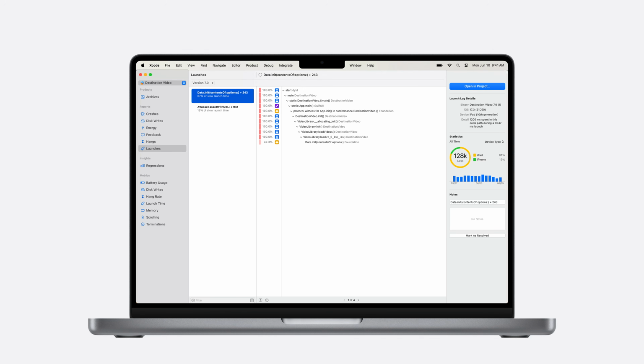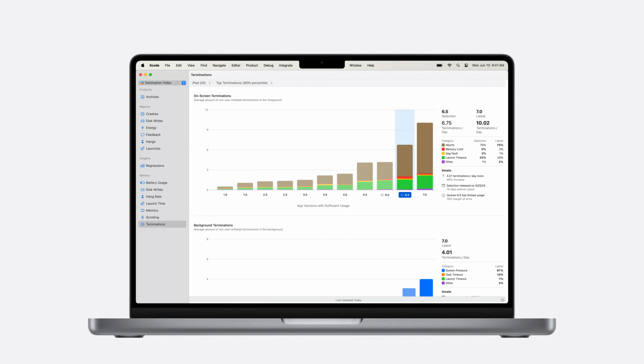In the Launches organizer, I can see that the released version of my app is taking a long time to launch. Maybe that feature that we rushed to production where we refresh data from the cloud synchronously at app launch could have been written in a more efficient way if we only had more time. And we've got a pretty huge spike in terminations with the latest beta version. I guess we're going to have to defer those features to a future sprint so we can address these issues first.